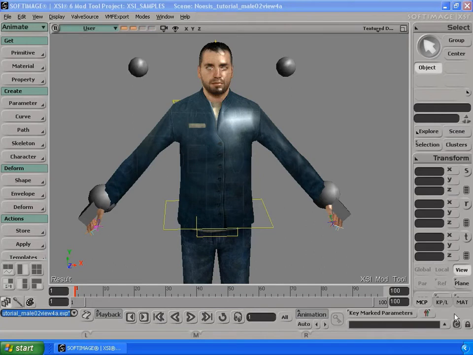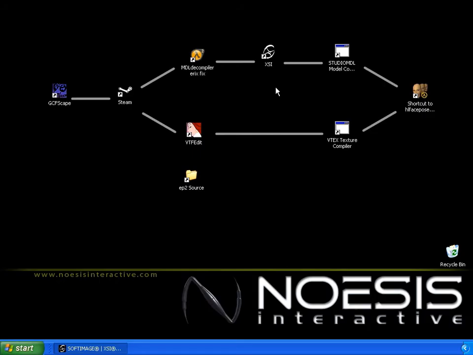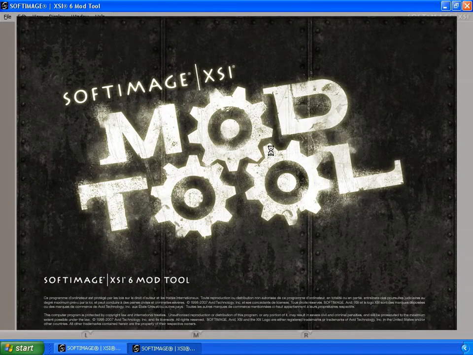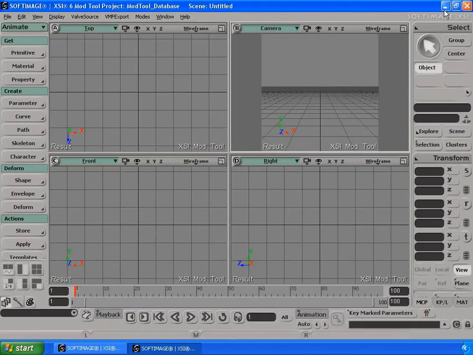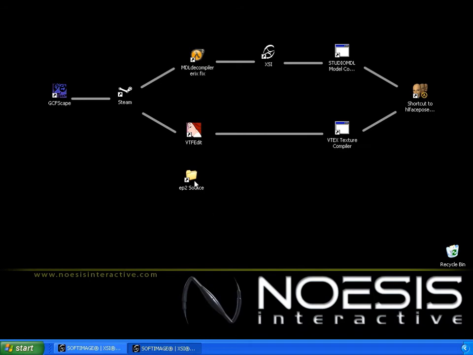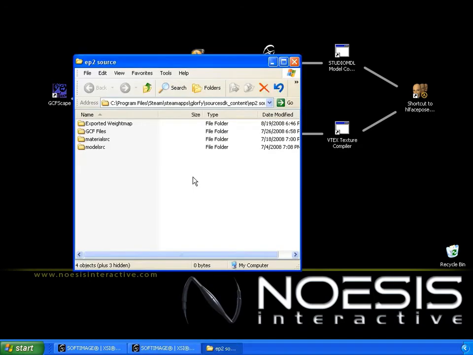Okay, let's minimize this XSI. Let's open up a new XSI, and it'll take just a second. It's going to load up NetView. Okay, it's a little bit slow. Now, we're going to minimize this XSI. Sorry for all this minimization. We're going to go into our EP2 source folder, and then we're going to go up one directory, HL2, model source, humans SDK,